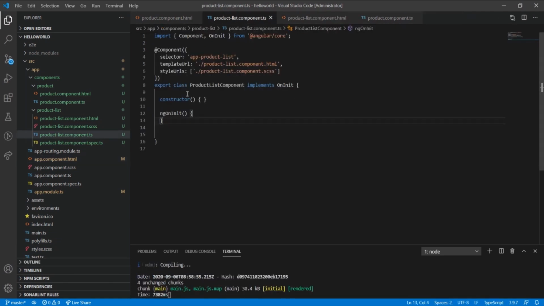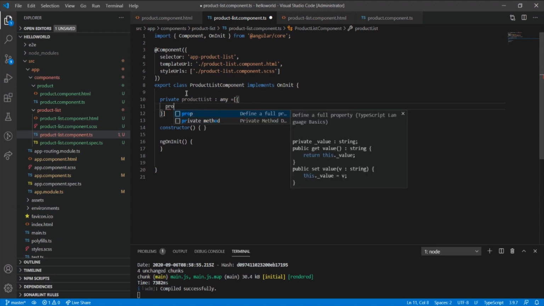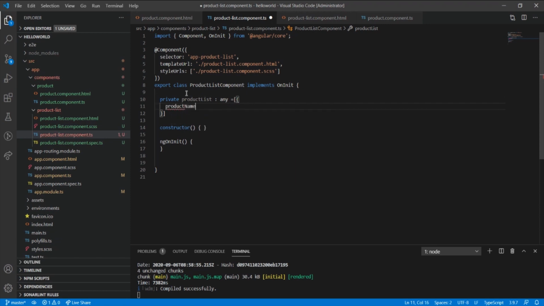So in the product list, let's define a variable productList. Let's have type any, and we have an array of objects inside it. First one is product name.